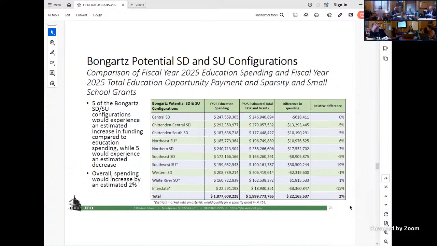So all of the underlying calculations I have held constant. We're applying all of the same weights, the same base, the same FY25 spending, the same everything. The only change between each of these slides is that, dependent on these district boundaries and the district configurations, the shift of funds across districts changes, and so does which districts are identified as falling under the sparsity category.